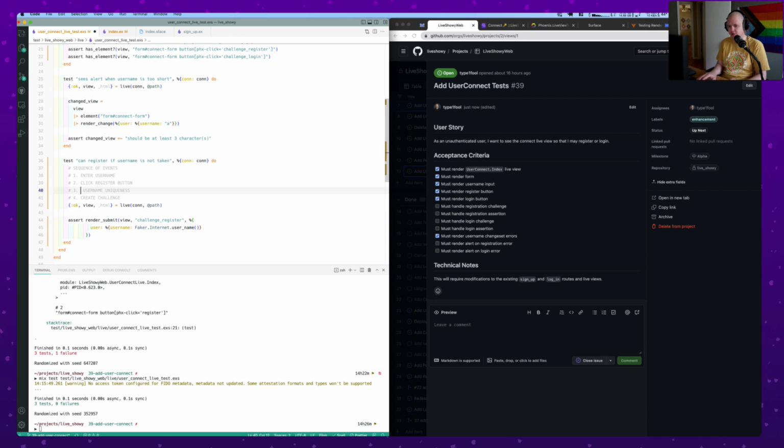I think I'm going to say assert uniqueness. So if the username is not unique, it will fail. And it would only create the challenge if you have a unique username. So then once you create the challenge,